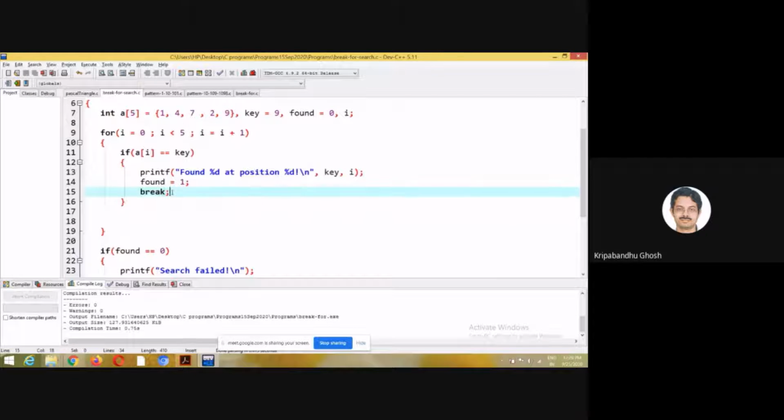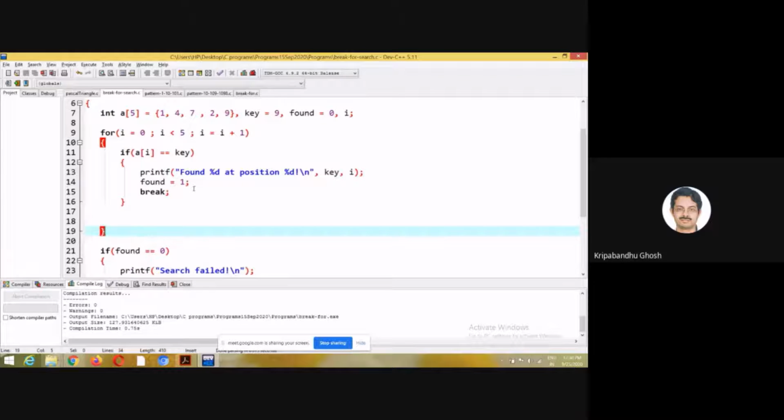Suppose the key which I am looking for appears at the first position, then there is no point in checking the remaining portion of the array. It doesn't make any sense, otherwise it will be useless, right?